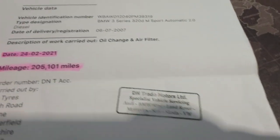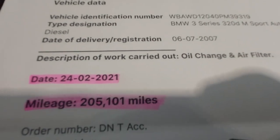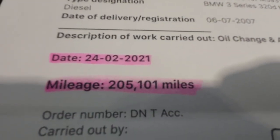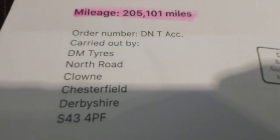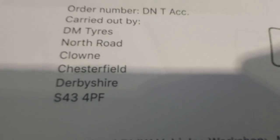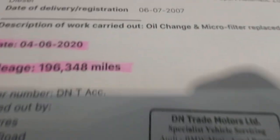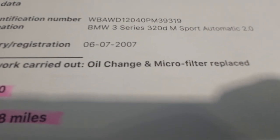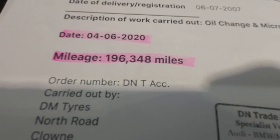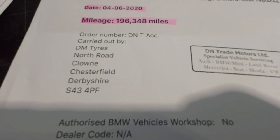Then this is the oil change we carried out at our local garage up here. So we did it in 2021 at 205,000 miles, carried out by DM Tyres in the village up the road. So he did that back then. And then here we go, we've also got the oil change, microfilter replaced, at 196,000 miles when I first bought this. This was the first, when I first bought it. He had it done. We stamped it. We've got a receipt for